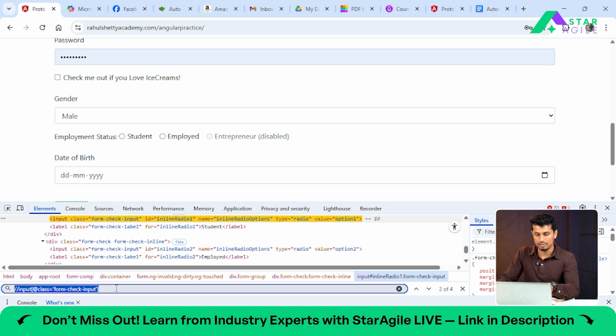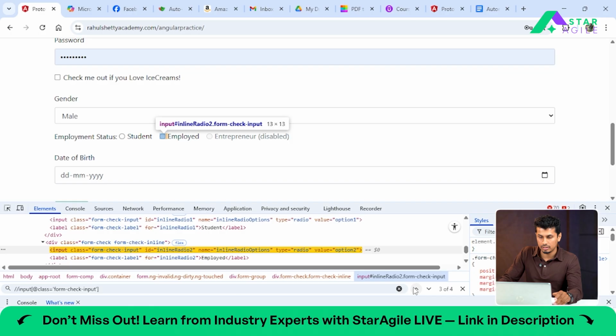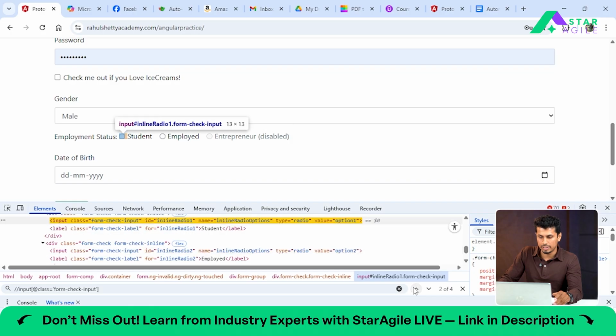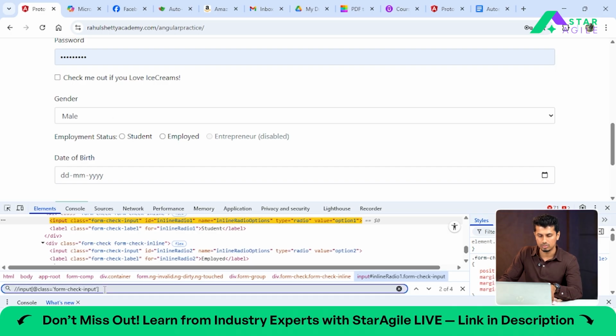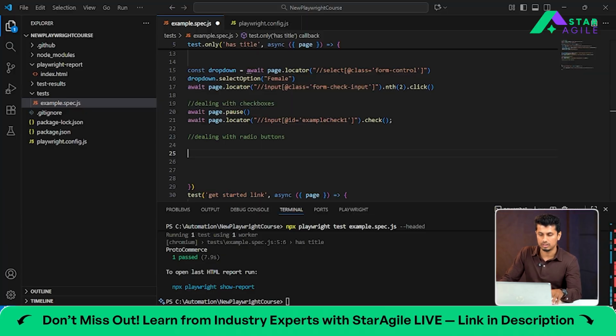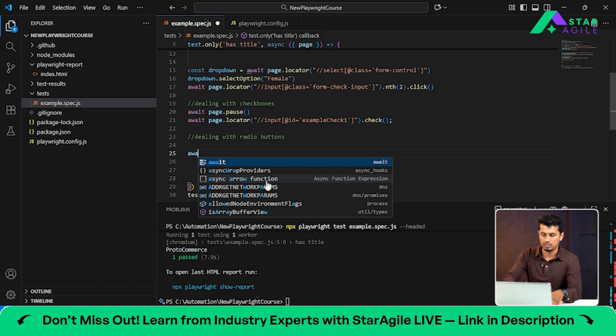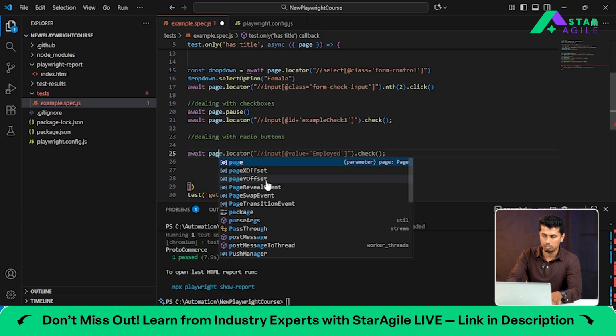So I'll open this, and if you see here, the radio button is getting selected on the second. So we'll go with the indexing of 1. So it should be nth of 1. Then only the second radio button will be selected. So let me copy this. Let's go here. We'll type await